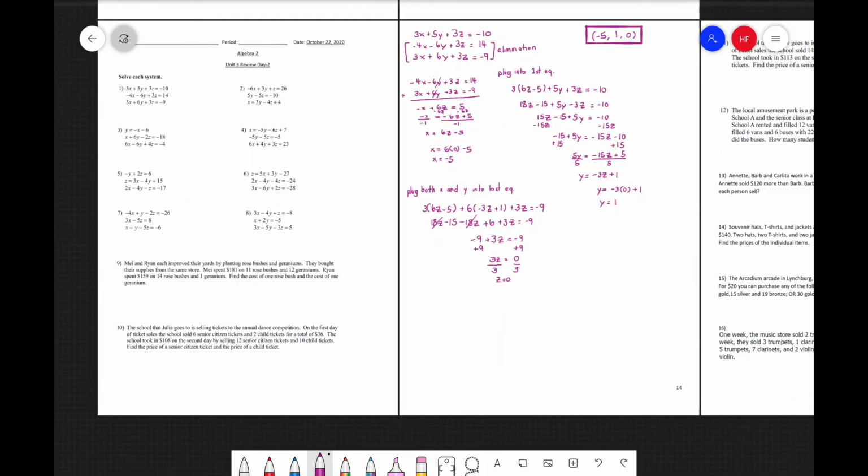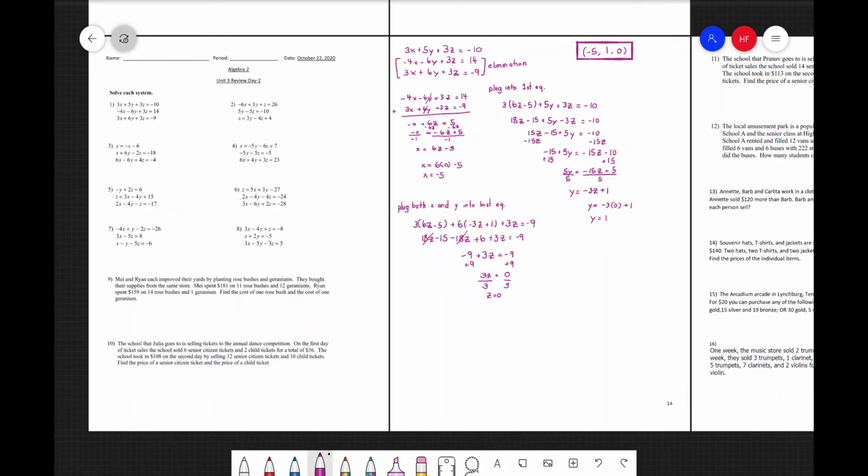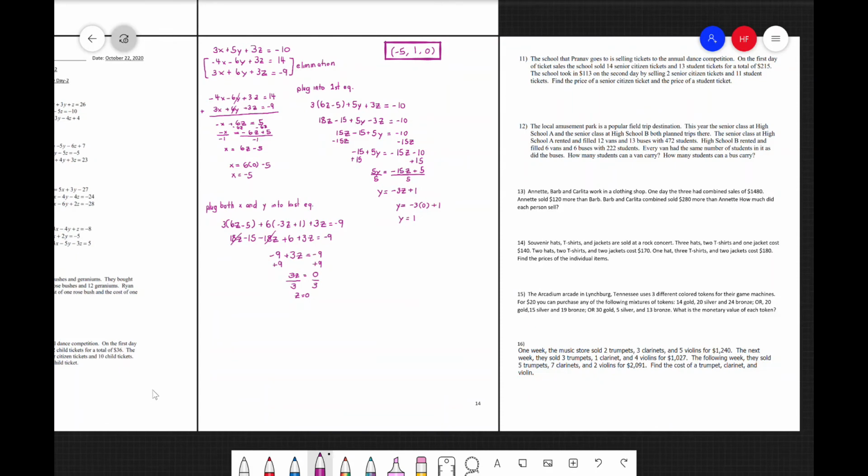So then I want to do another one, but I want to show you how to use the system solver on the next one. So bring my keyboard up. So I want to do,